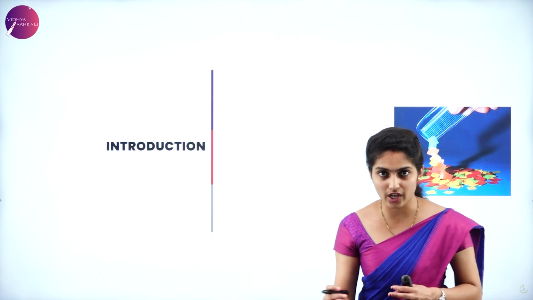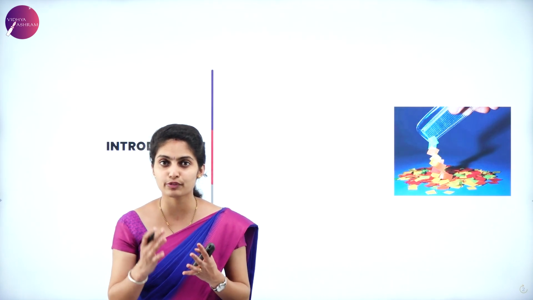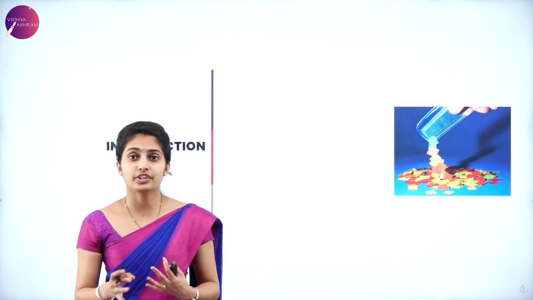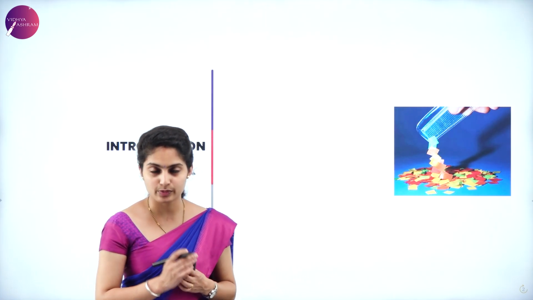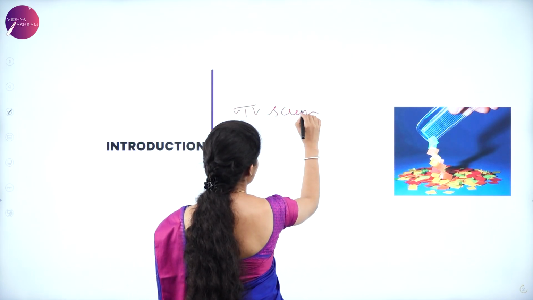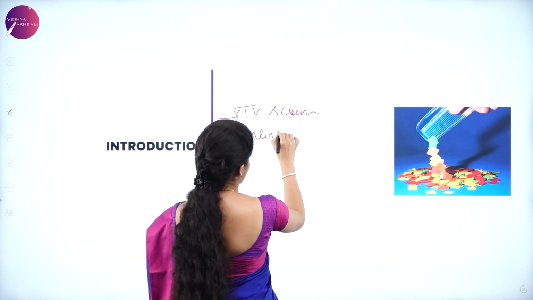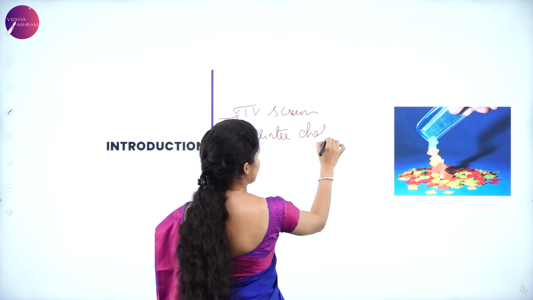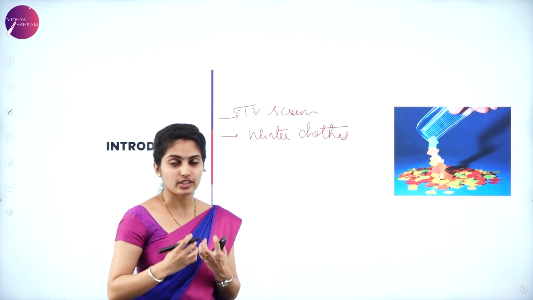And these electric charges are of two types, positive and negative, and these are the ones which are responsible for your electricity. Here you can see an image wherein a comb is shown, and the comb attracts certain paper pieces, and that is due to the electric charges which are present. Similarly, you can take a TV screen as an example and winter clothes as an example. So these will be the examples for your electric charges which are created.